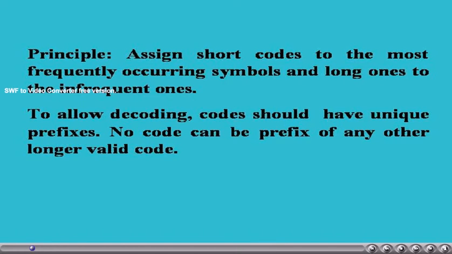Thus, the total number of bits required to send a message involving the symbols will be less. This is the essence of this technique. However, while designing the codes, we design them in such a way that no code can be a prefix of any longer valid code, so that deciphering becomes easy.